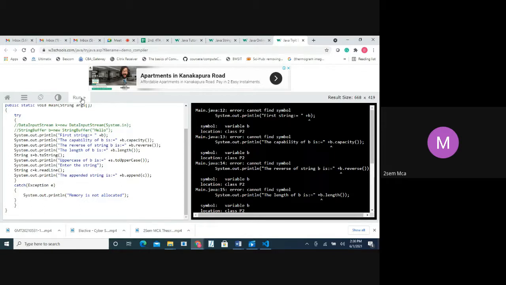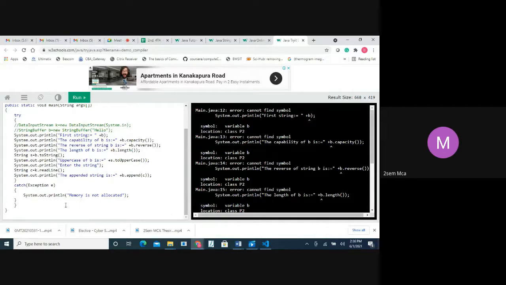Because we have not created the objects, we have not taken a value from the keyboard, and we have not created an object for the buffer or for the string. Without that, where is B? And we are saying that B should be printed. I wantedly made the mistake. Now you can see it is showing the mistake.